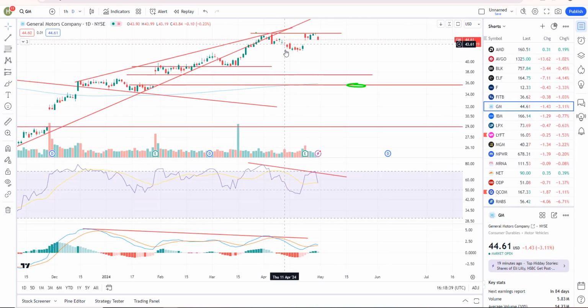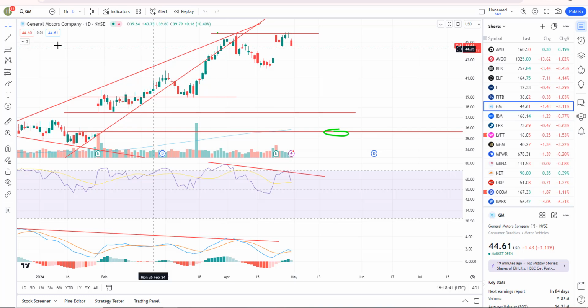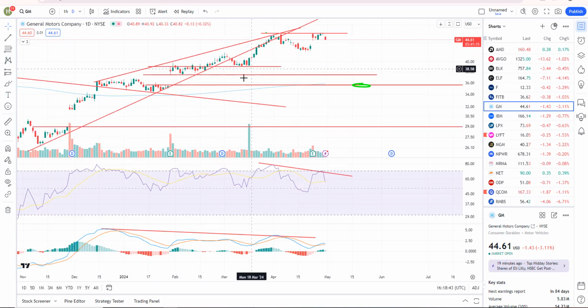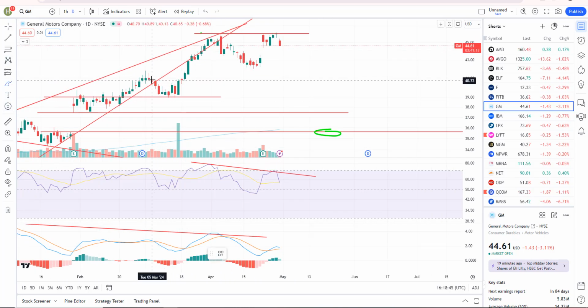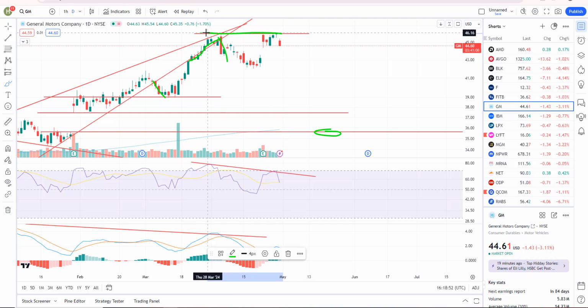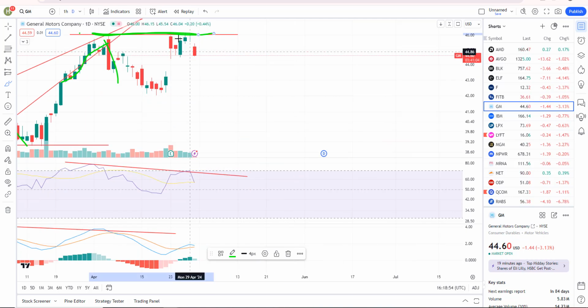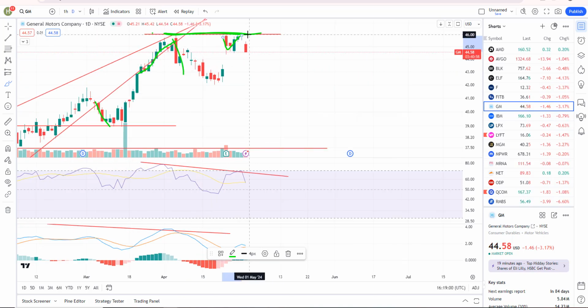GM, this one's still playing out, but I like it. You can see here, we've got this bearish rising wedge. We've got a breakdown. That's a sell signal. Back test for a couple weeks, it looks like. Boom, rejected. Earnings, they gapped it right up to the top of that resistance zone, but that's held. And it's gapping down and selling down today.